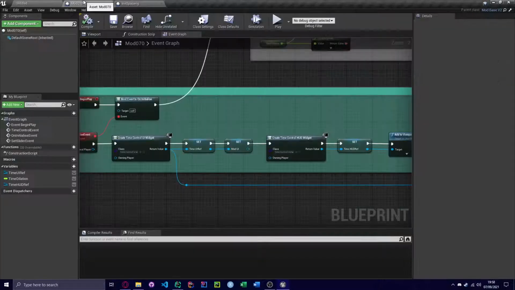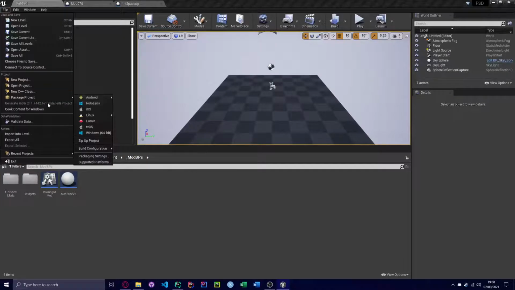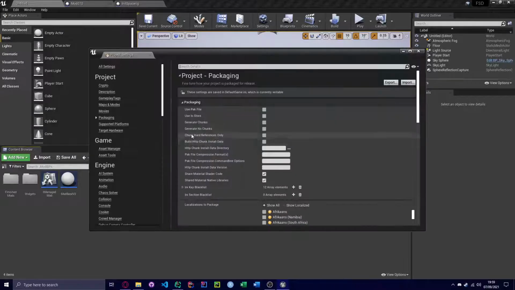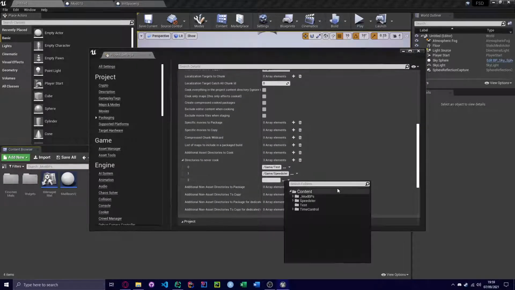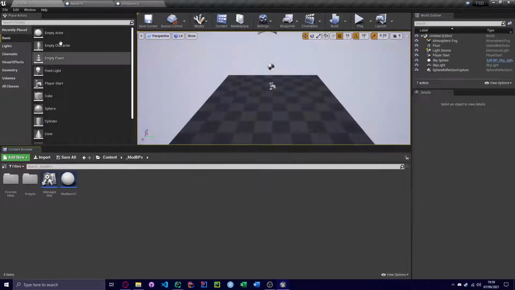What I could do also is go into mod BPs. I could go new folder. I could go finished mods, and then move that there. So now, obviously I have to move this back to mod BPs if I want it. So now what I can do is go to package project, package settings, scroll down to the thing, and select mod BPs, finished mods. So now all the mods in here won't get packaged. So if I go to here, and then I pack,